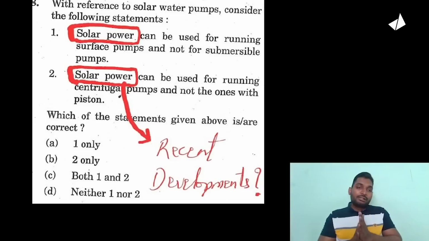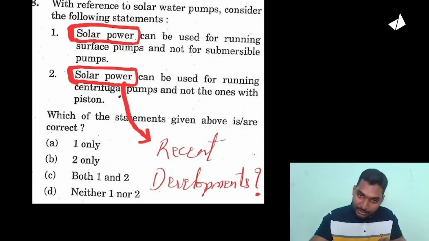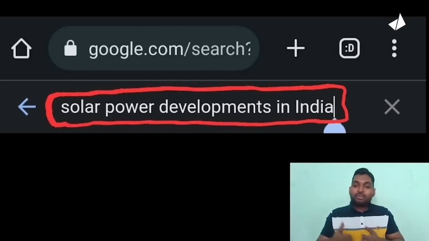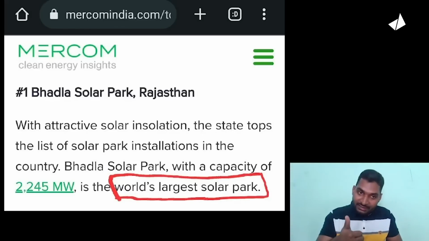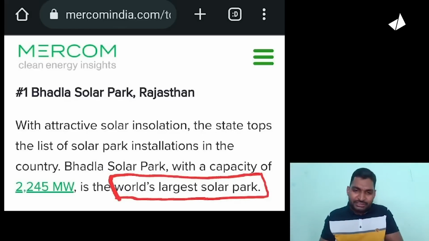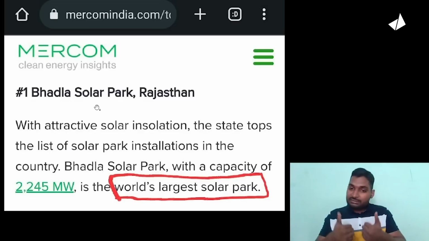Moving ahead, there was another question in 2020 prelims paper. It is quite obvious that in both the statements, the paper setter has emphasized on solar power. Now, what we probe, we open the browser and we search for solar power developments in India. We are looking for recent developments in solar power. We get many results, and we open a result, we get this information. We'll get this same information in many other results. What do we get? Bhadla Solar Park, with a capacity of 2,245 megawatt, is the world's largest